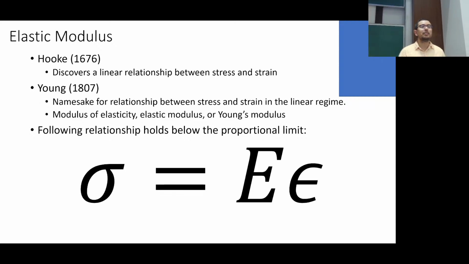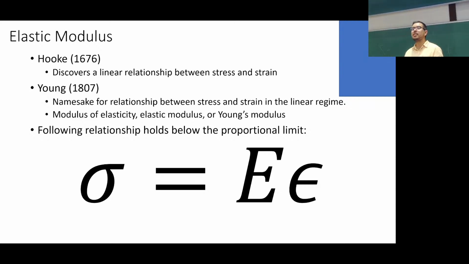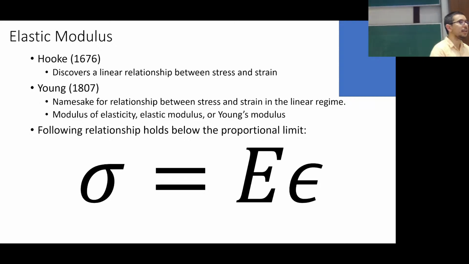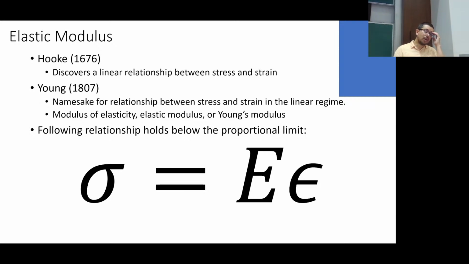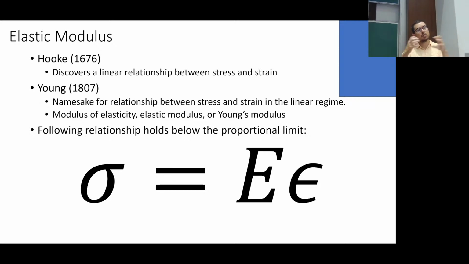This is the formula. Where is this formula relevant? In the elastic regime. So this is your biggie. Now, this is for a special case. This is for the elastic regime up to the proportional limit, which we consider to be the yield strength for this class. And it's also assuming that we have this uniaxial loading. We'll get into